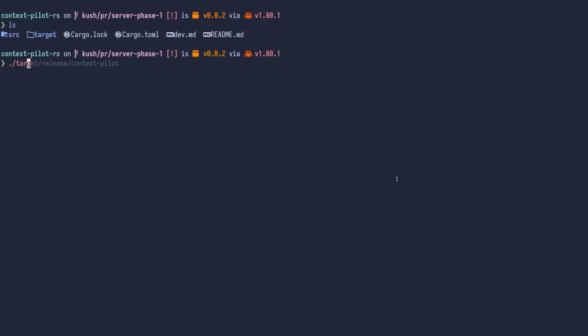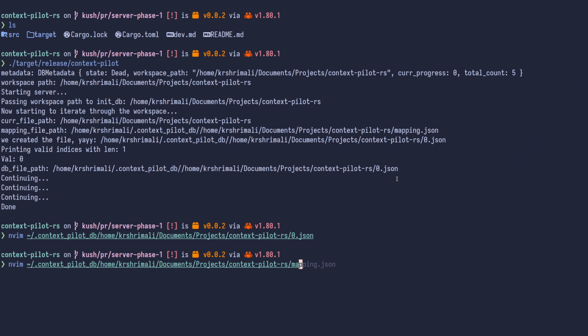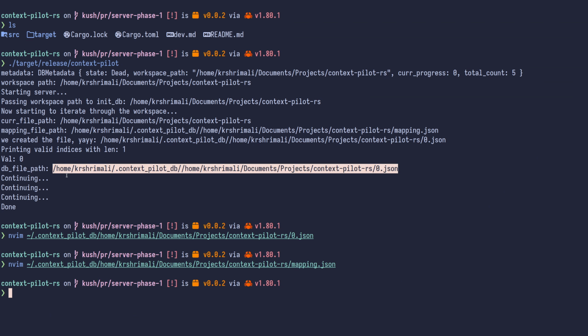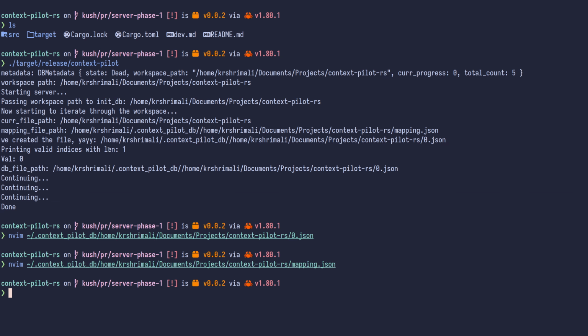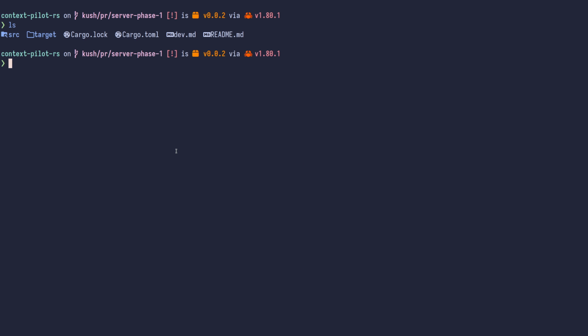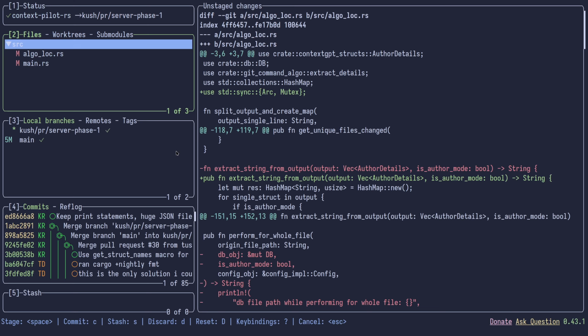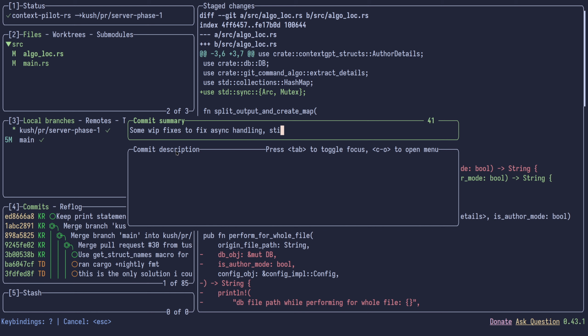All right, the build is finished. Context palette. All right, okay. So context palette DB, wherever this data should be stored. Well, right now we are not storing it, so that's the point. Anyways, we are able to finish this. We are able to iterate, I guess, printing valid files with indices 1, whatever. I think good start so far. Did learn a few things, right? Arc, Mutex and all. I think for now it's good enough to immediately push some WIP fixes to fix async handling. Still working,